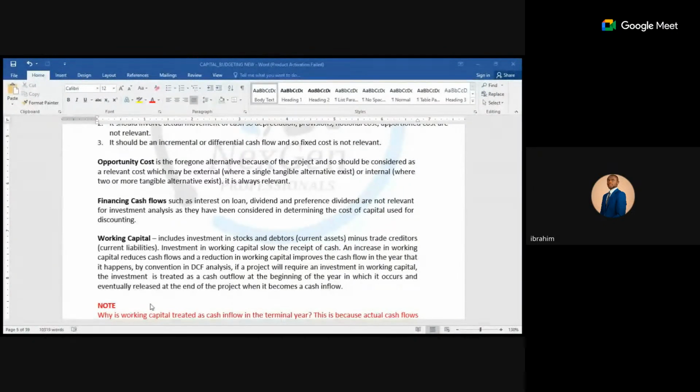So what is the decision under the accounting rate of return? It is when your accounting rate of return is higher than the cost of borrowing, right? When the return is higher than the cost of borrowing, you could say that this project will maximize shareholders' wealth. Now, under the modern techniques, there are two approaches, where we have the net present value and the internal rate of return.